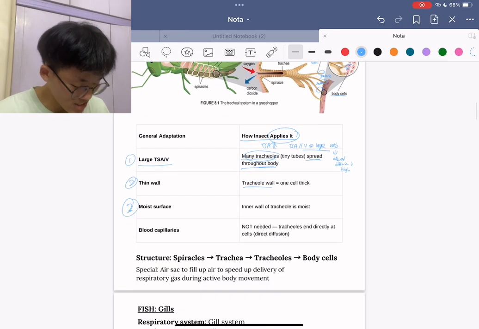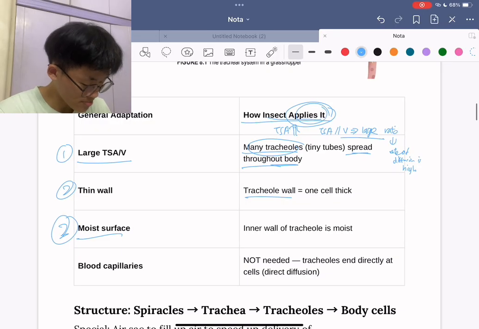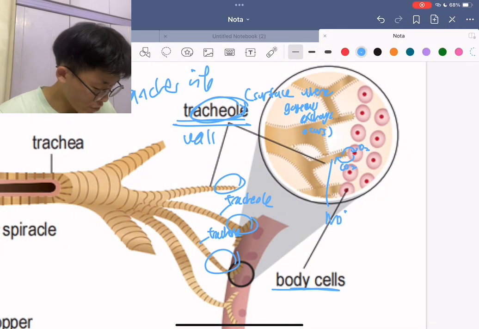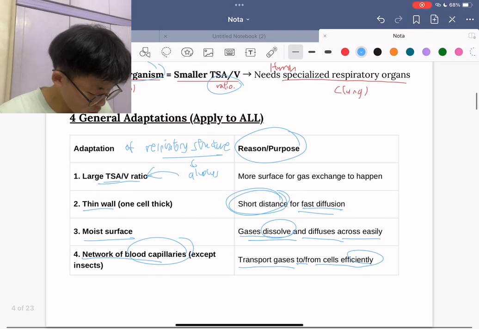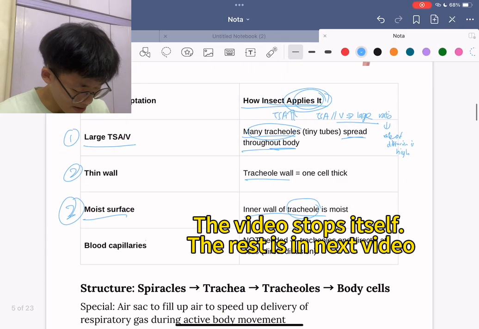And also the moist surface. Moist surface for what? You can see how the insect applies it: the inner wall of the tracheole is moist. For what? For the gases to dissolve and diffuse across easily. And we see the last adaptation, blood